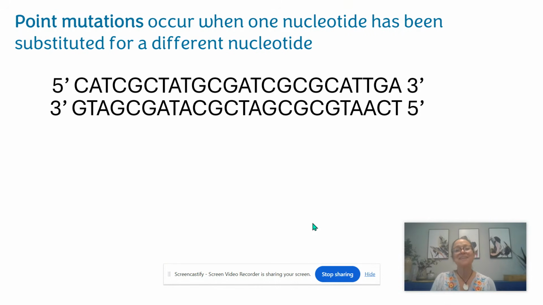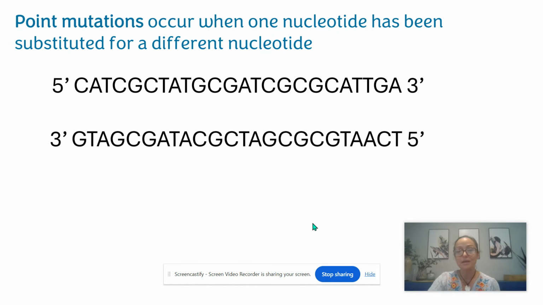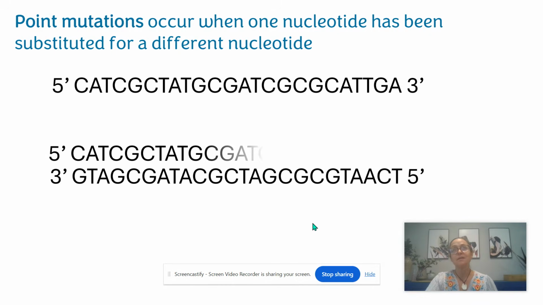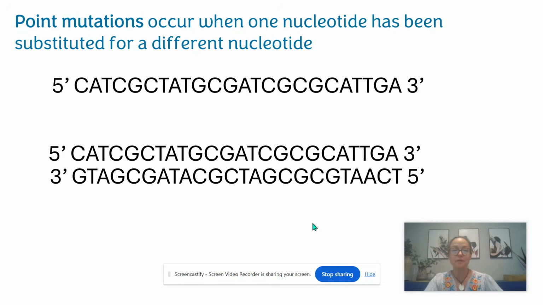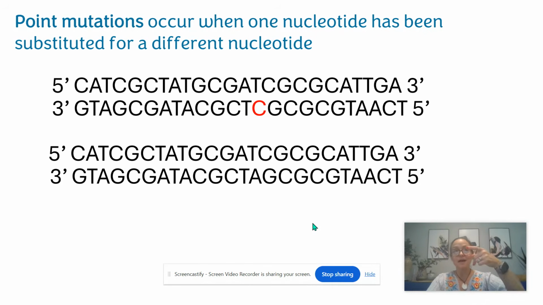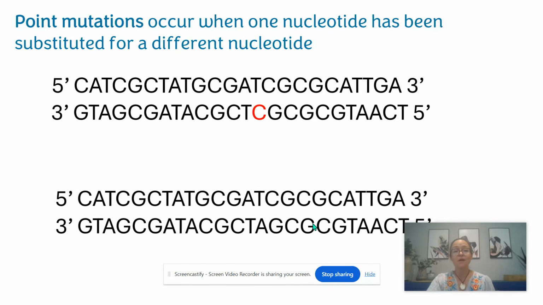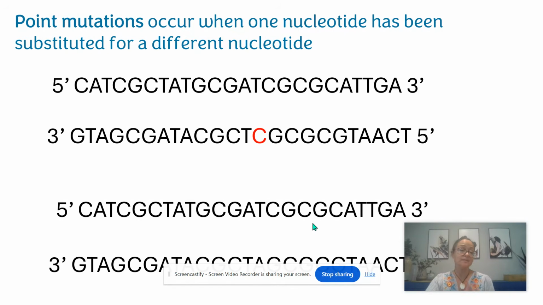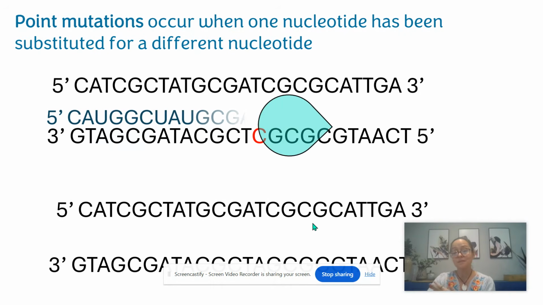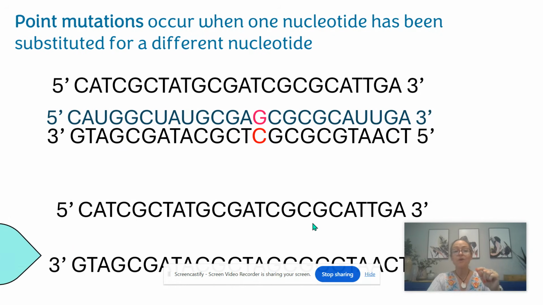Okay, so let's go ahead and talk about point mutations, which are those substitution mutations that I was talking about. They occur when one nucleotide has been substituted for a different nucleotide. So during DNA replication, maybe DNA polymerase 3 is following base pairing rules, but then on accident does incorrect base pairing. You can see this red C on my screen. That would be a point mutation. This really only matters if it happens in an exon where it's going to be transcribed and then later translated. So then if RNA polymerase comes and makes a copy of messenger RNA, now we can compare these two